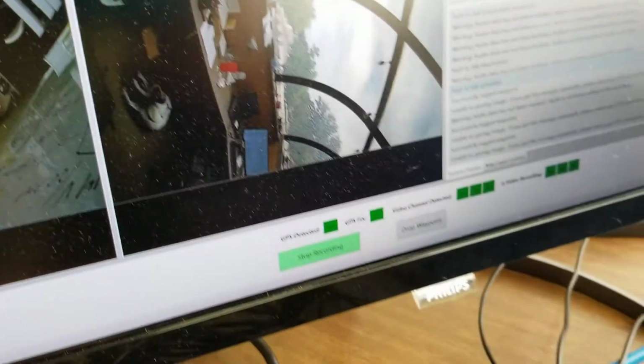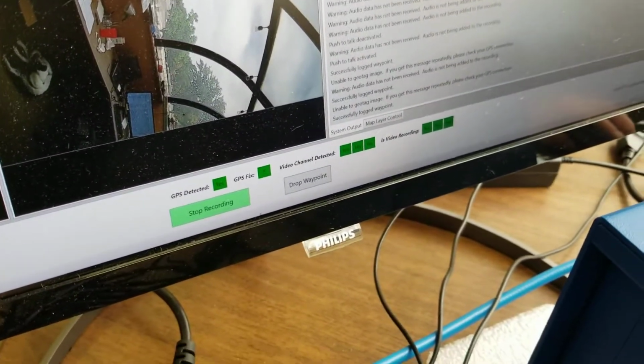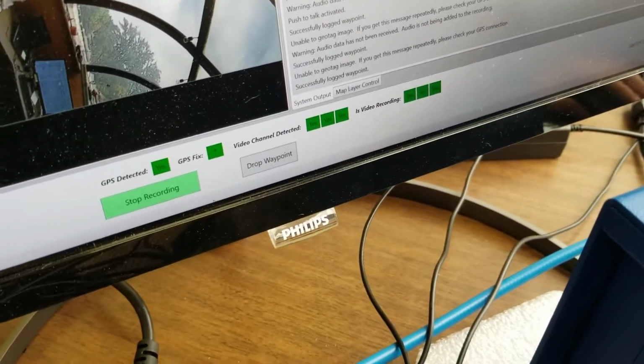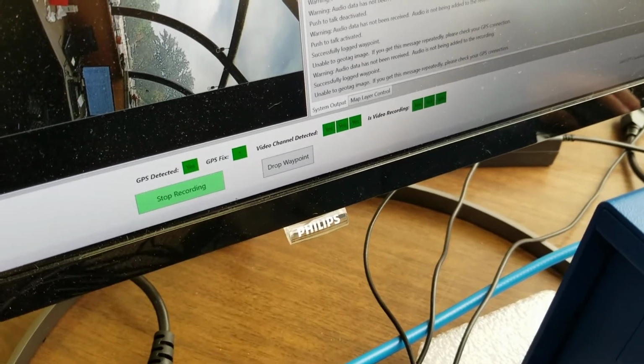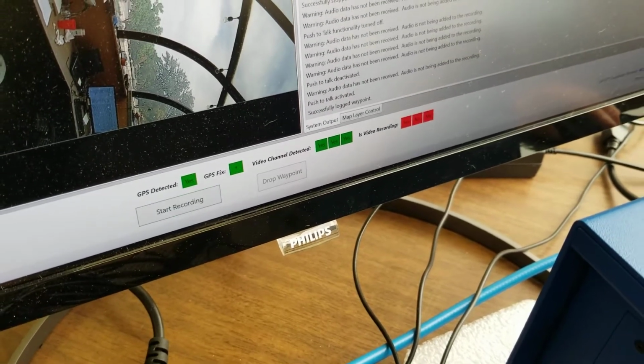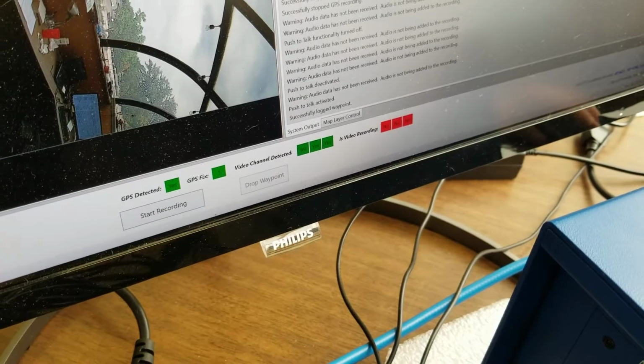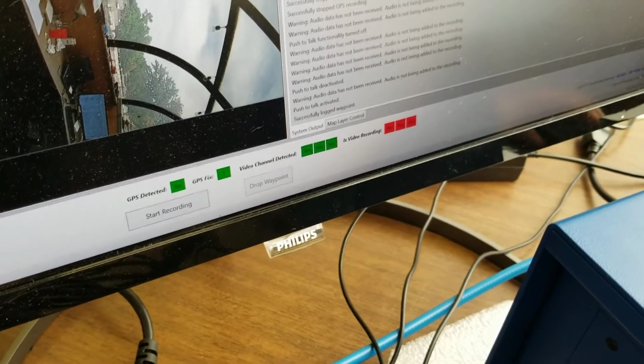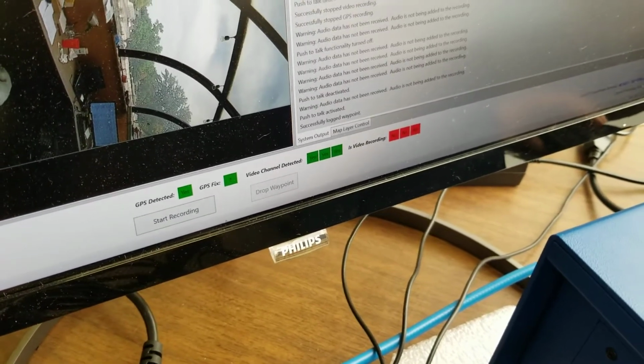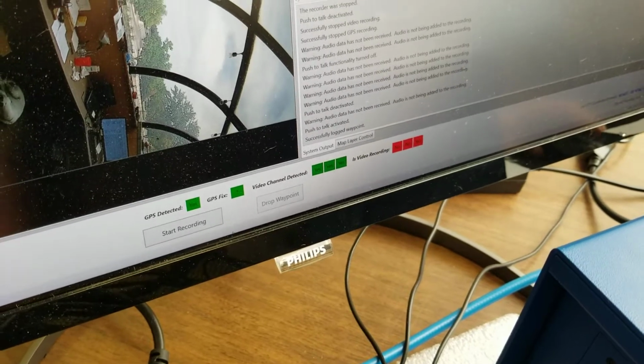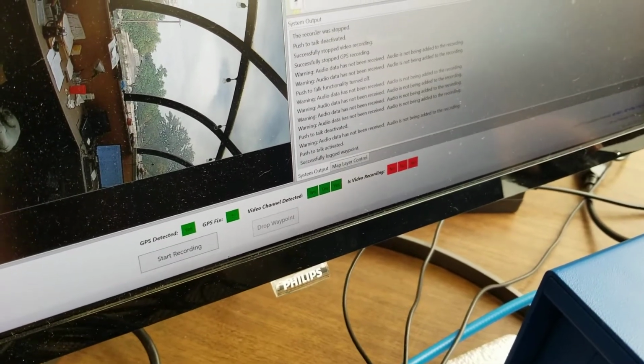Push-to-talk is now turned off. You will always be recording audio, so audio will always be going in. It's somewhat confusing, but basically think of it as if the push-to-talk is not there, you're always recording audio. Push-to-talk just gives you a silence mode if you don't want to be recording audio during the full duration